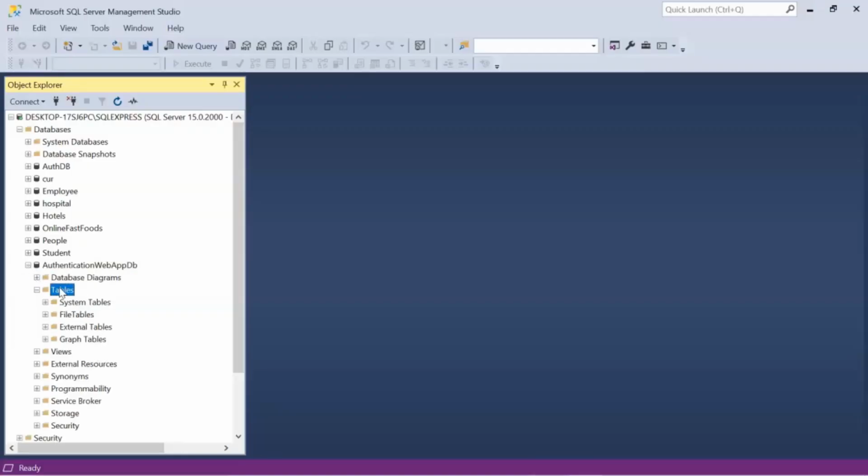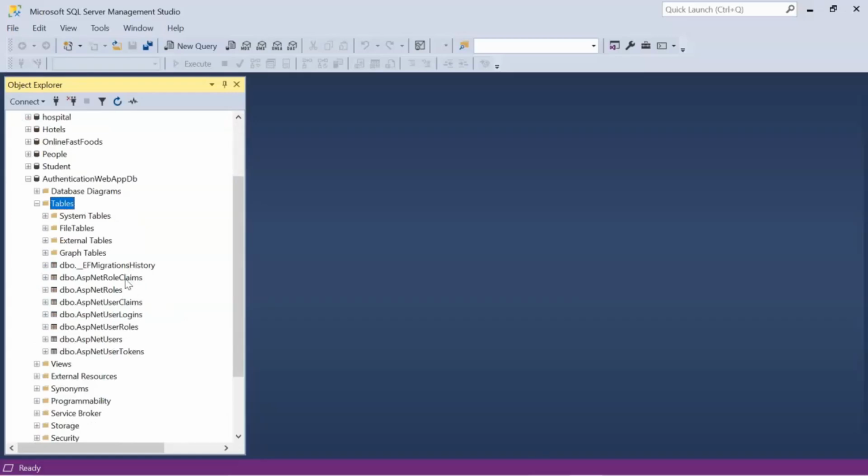Refresh the tables. As you can see, all the tables are created, so the user details and everything can be stored. Now if we run the page and register and try to log in, we will be able to do it.